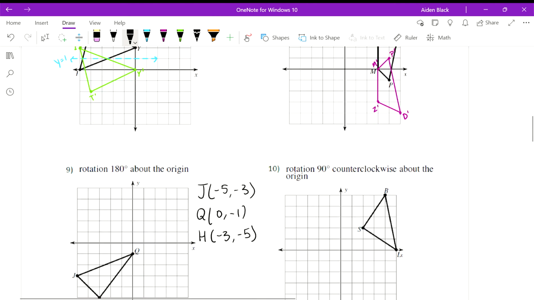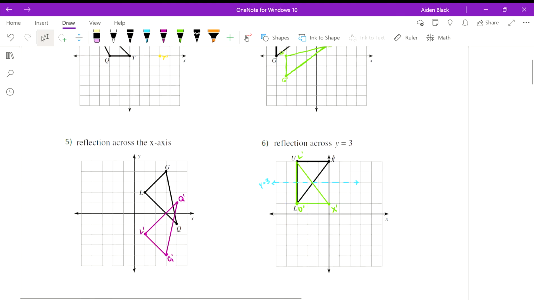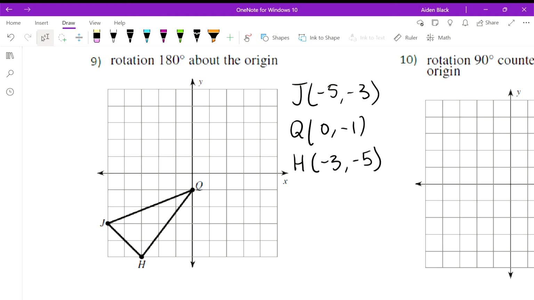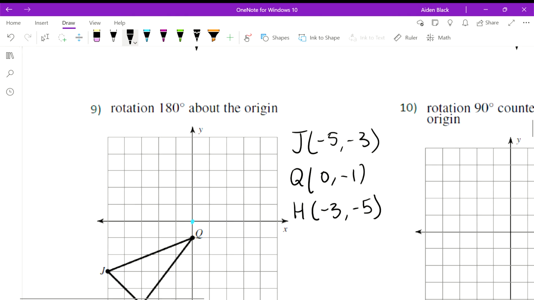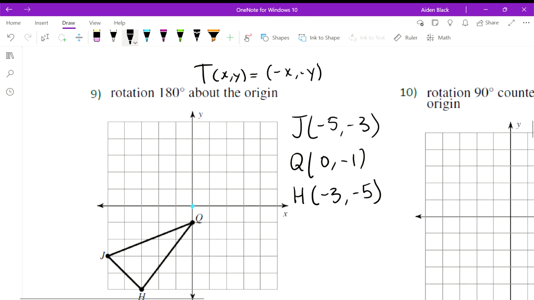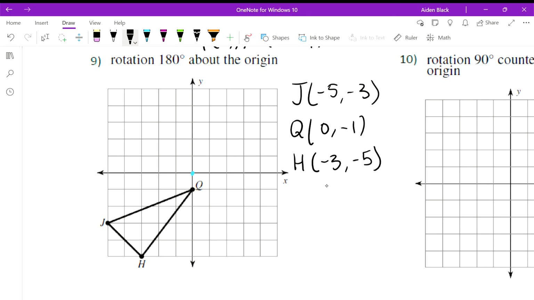Okay, this is question 9 on the quest review. It asks us to rotate 180 degrees about the origin, and we must remember this is where the origin's at, 0, 0. Now we could use the coordinates and then use the function notation that we know will provide us with that transformation, which is negative x, negative y. But before I do that, I kind of want to show you the geometric way of